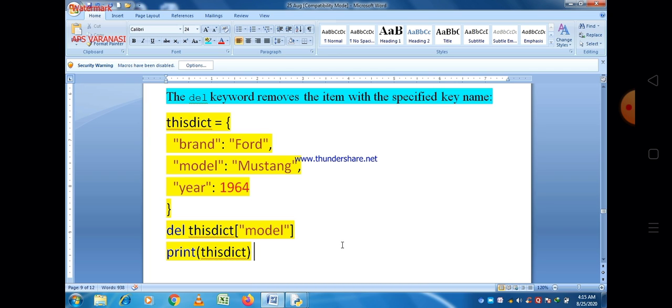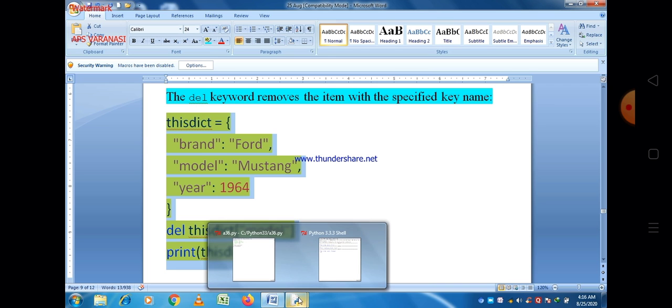First write del followed by the name of the dictionary, and within square brackets write the name of the key, which here is model. After that there is a print statement with the name of the dictionary, because we want to check what happens to the dictionary after the delete statement.